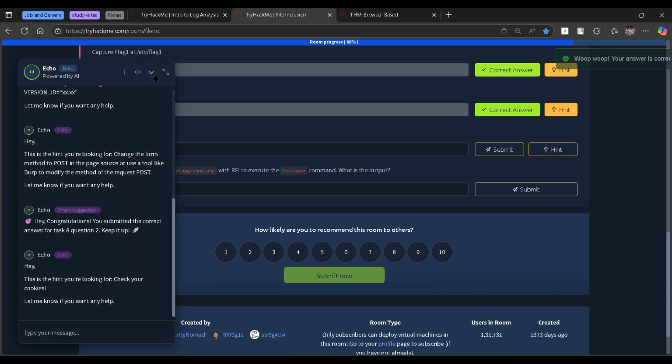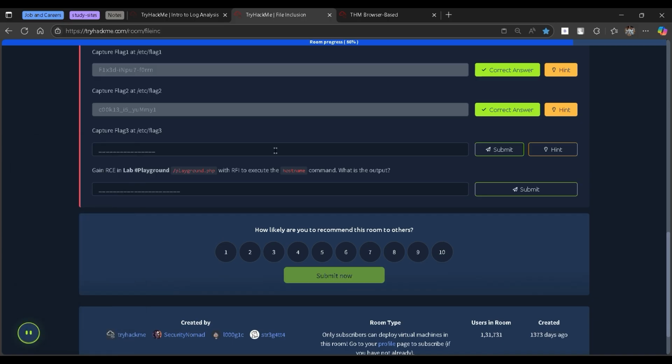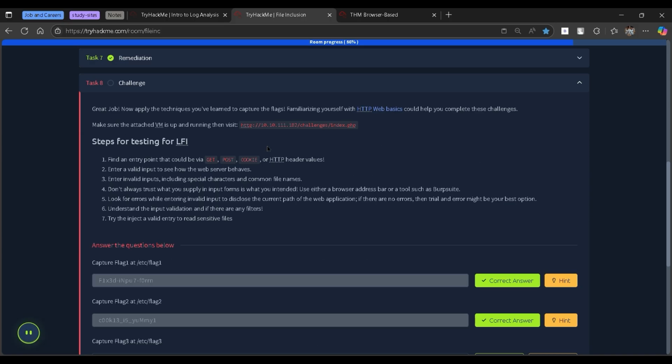Okay, let's go for the third hint. This is the hint you are looking for. Not everything is filtered. Hint 2, the website uses $_REQUEST to accept HTTP requests. Do some research to learn what you accept. Okay,